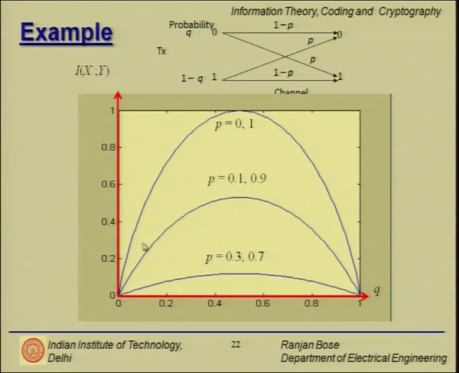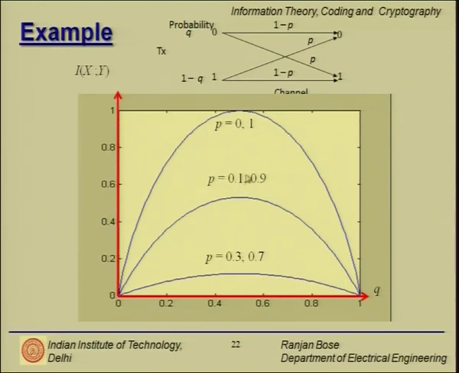But then, so we are talking about average mutual information. How much is the channel communicating? I x semicolon y is the measure of the goodness of the channel. So, when probability of error is high, 0.3 is pretty bad, it communicates, but it is not good. I make the channel